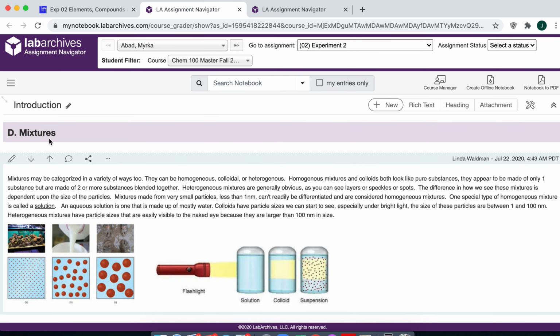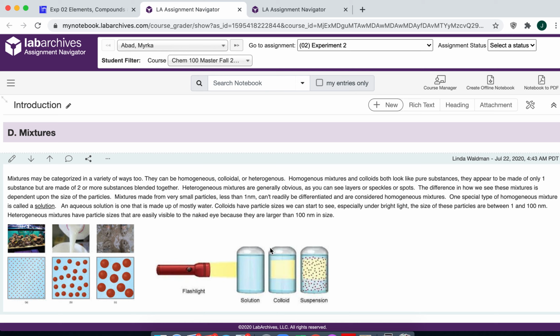And the last part, you're going to learn different types of mixtures: homogeneous, colloidal, and heterogeneous mixtures. And then one more type of mixture called a solution. Aqueous solution is every time you have a substance dissolved in water. For example, if you have a spoon of salt or sugar dissolved in water, you will have a salt or sugar aqueous